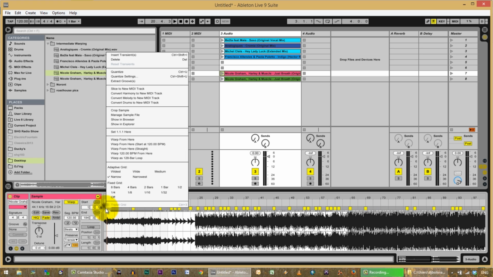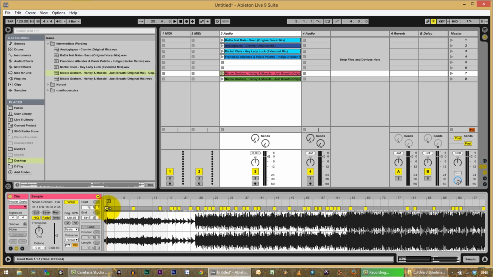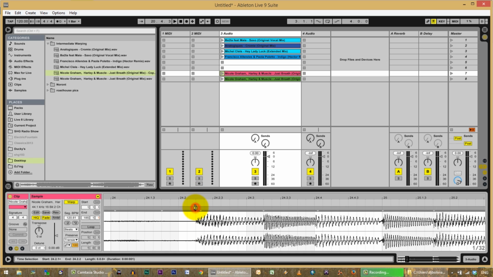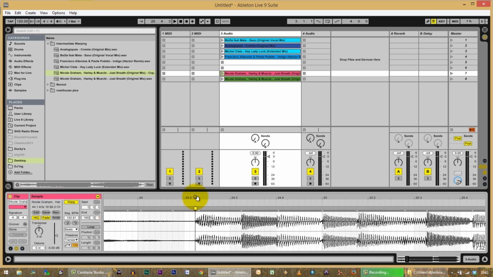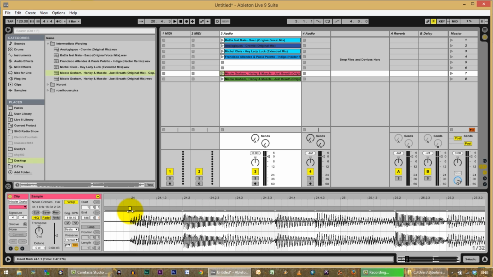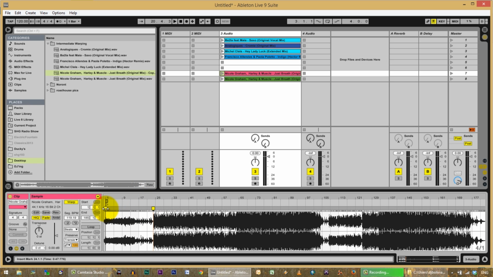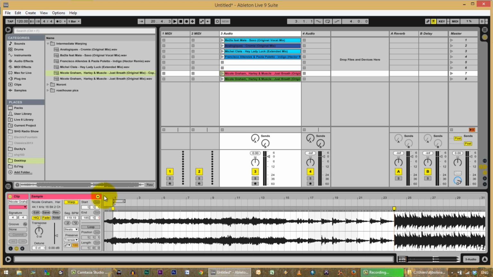So again, I would set one there. Sorry, I would warp from here straight. Clears out all those unnecessary warp markers. I would find the beginning of the beat. Yeah. I'd move that to the nearest bar. In this case, it went to 24. I'd unclick. Let's zoom in a little. I'd unclick this.